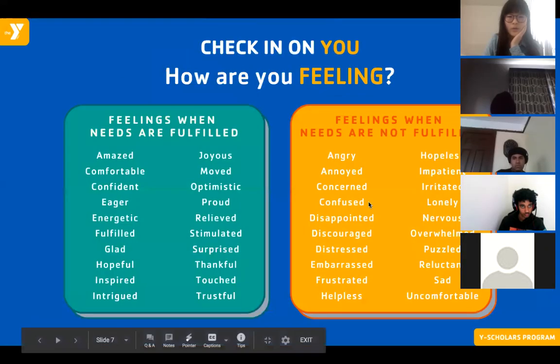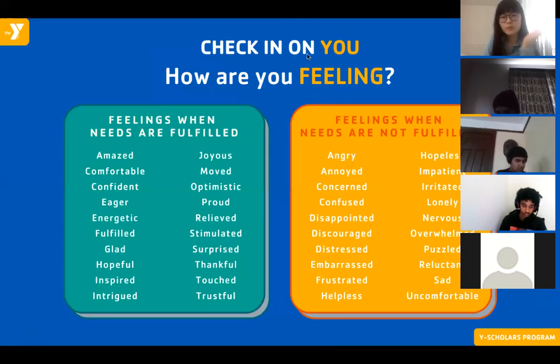Let's move on to feelings. Okay, so as always, let me know how you're feeling in the chat and why. It could be more than one feeling. I will go first. I am feeling optimistic. I'm looking forward to a few things. So yeah, I'm feeling quite optimistic. Okay, so let me know how you're feeling in the chat and why, and I'll start reading them off once they start coming in. So take a moment to do that.